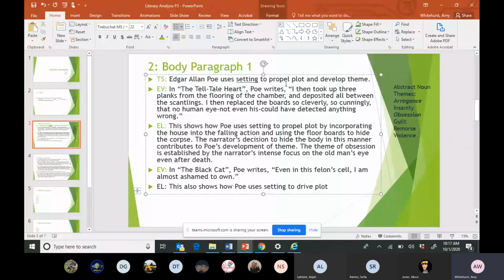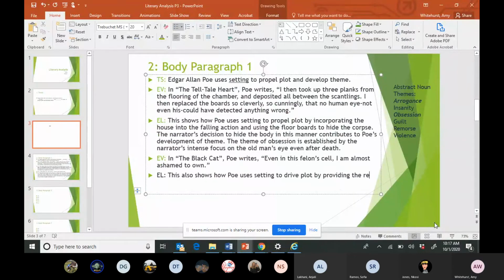So if I keep saying propel plot, propel plot, propel plot, it just feels a little redundant, right? So sometimes adding synonyms can be helpful when you're writing your essays. So Poe uses setting to drive plot by providing the reader with insight into